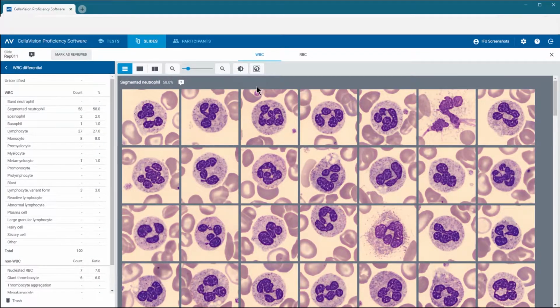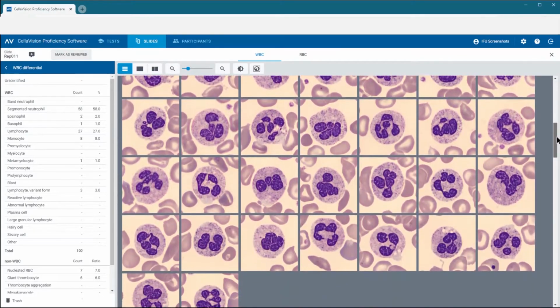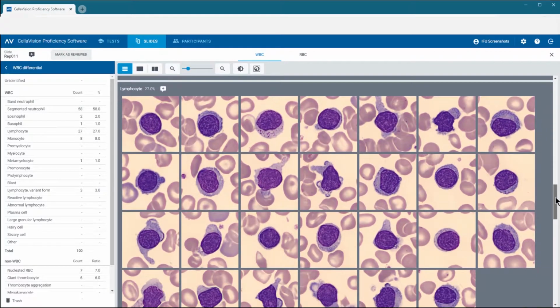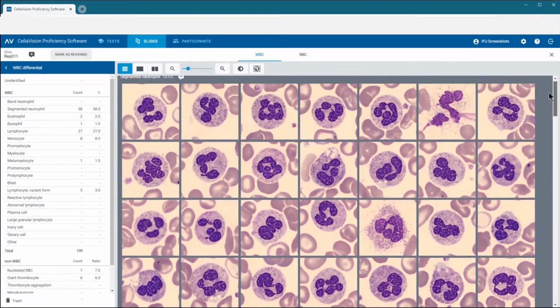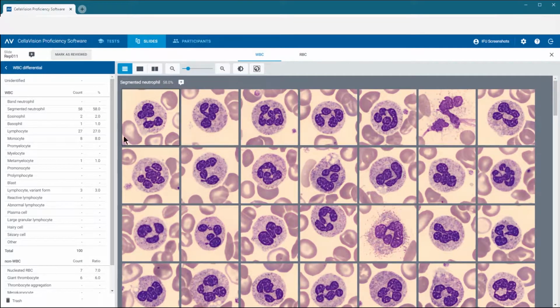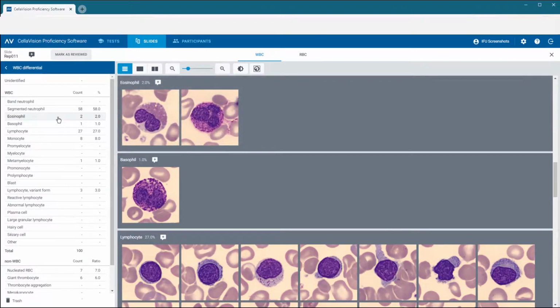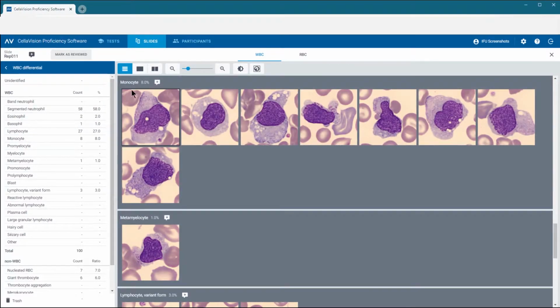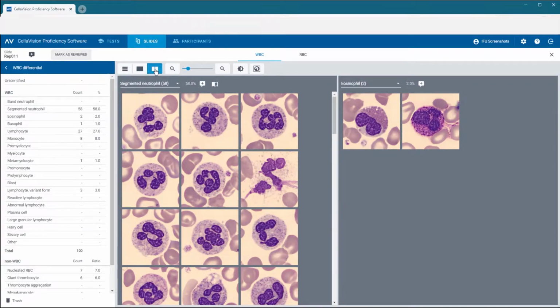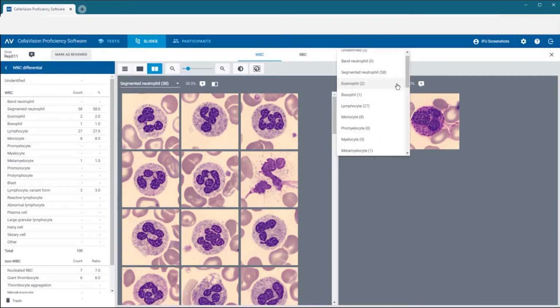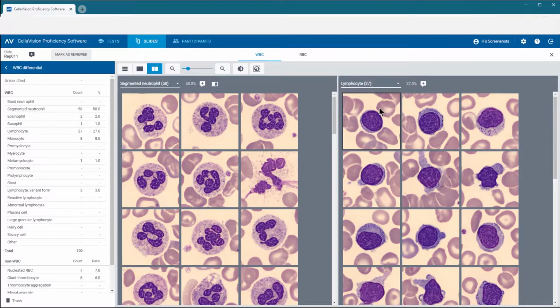You are first presented with the existing white blood cell classification. The white blood cell images are grouped into their current classes in the All Galleries view. You can navigate to a particular cell class in this view by clicking the class in the side panel. If you are working in the Split Gallery view, you can use the drop-downs at the top of each gallery to select which cell class should appear in each.